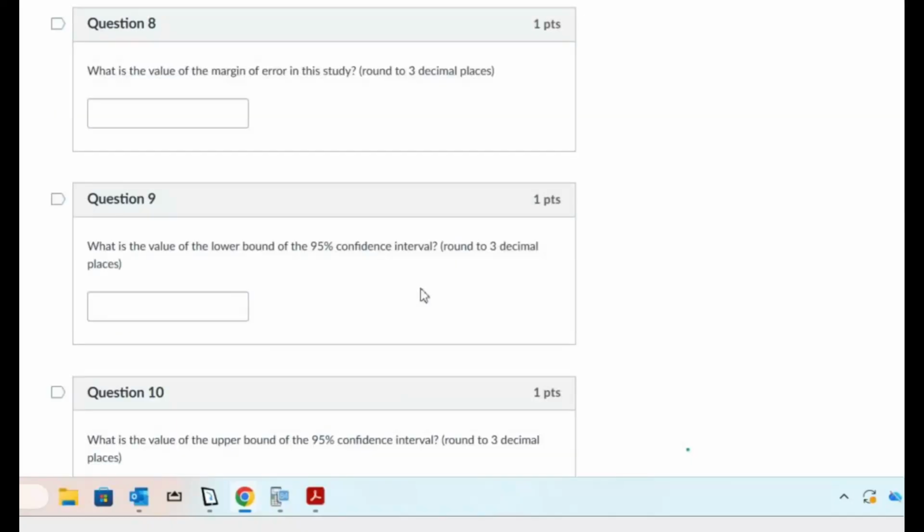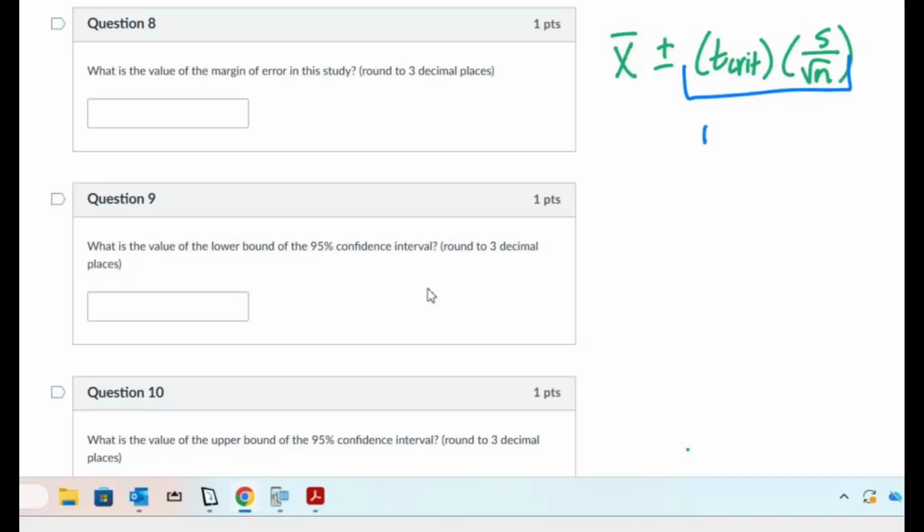Okay, so first we have to find the margin of error. So if we remember, our confidence interval is the sample mean plus or minus T critical times standard error. So this is an old formula that just keeps popping up. This right here is the margin of error. Okay, so we have our sample mean,